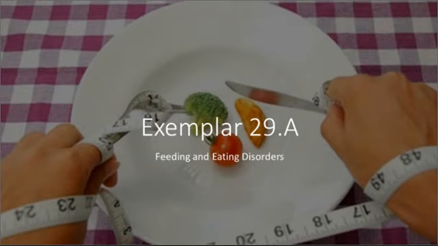Okay, exemplar 29A, eating disorders. So when I go into this, you're going to see your concept in 29 has some of these listed here. Where are we? So like 29.2, characteristics of common eating disorders, is a really good table on page 1983. So we will pop back into that as we're going through this.